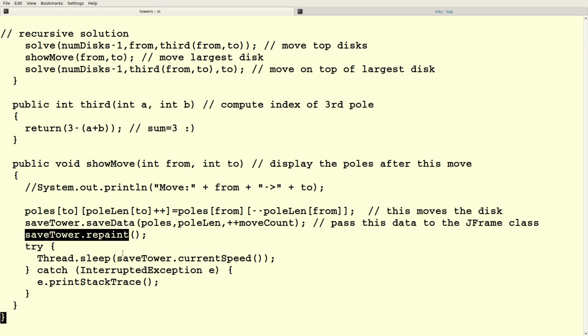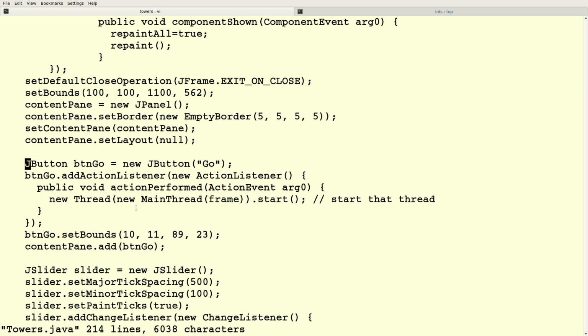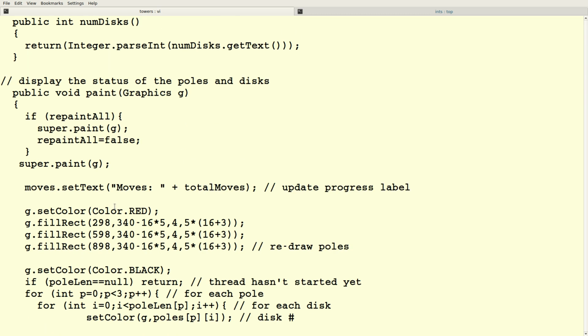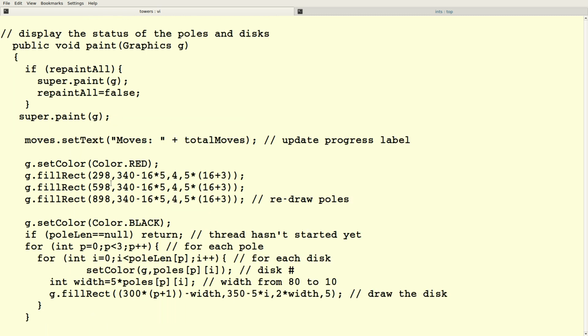And then we're going to sleep for a little bit. So save data is just copying over the pole information from the main tower class into these local arrays. And then repaint is going to use those to actually draw the disks.